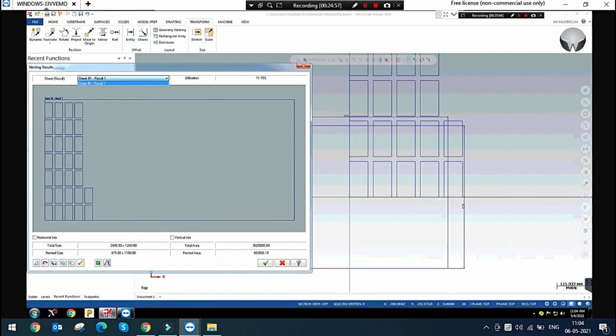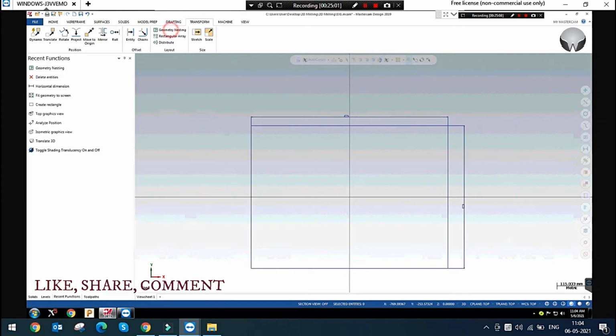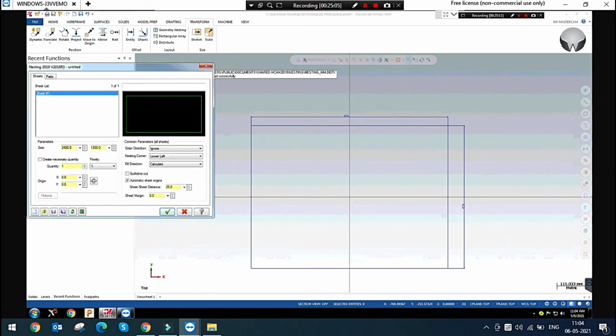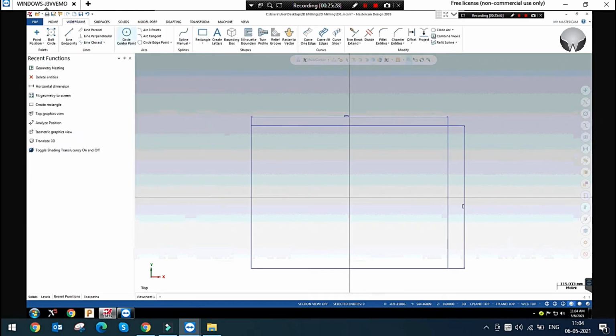We are changing the sheet size, right? Not changing the sheet size. We have drawn a rectangle, right?